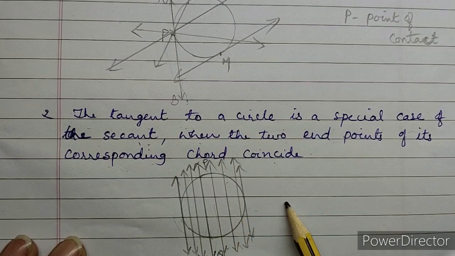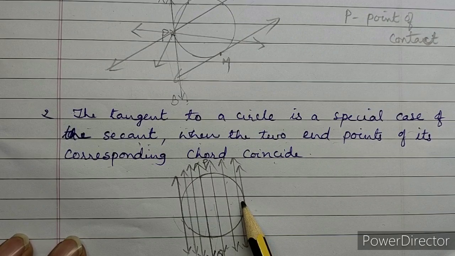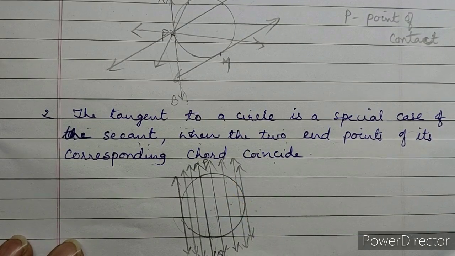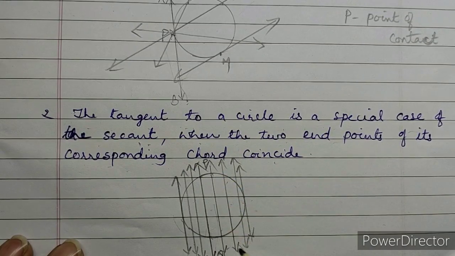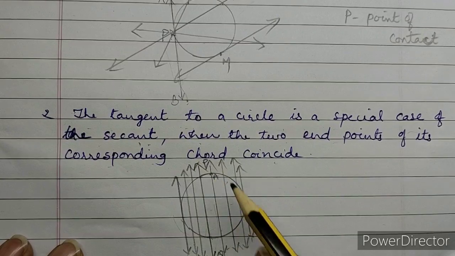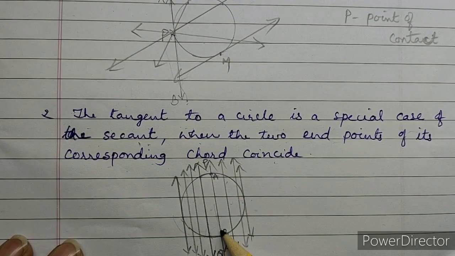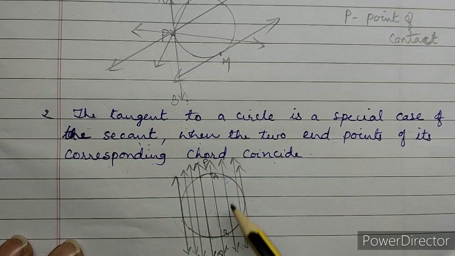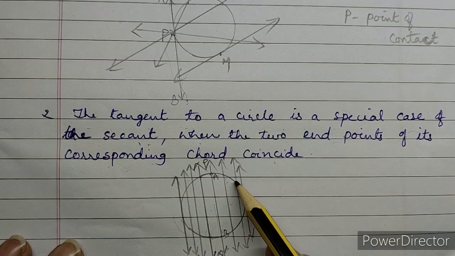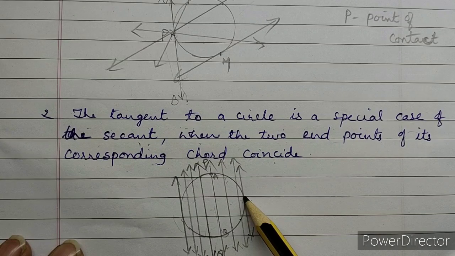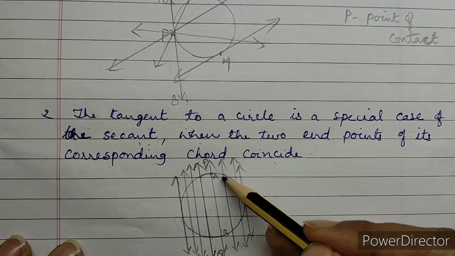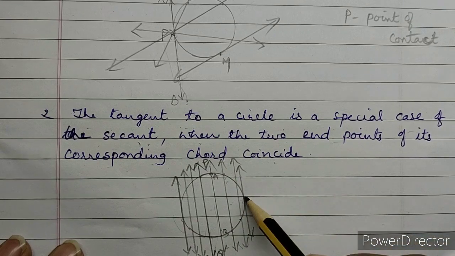Now you will find after some steps, after few lines, the length of the chord cut by the lines. See here, this is the length of the chord, PQ's length of the chord. Here A if I mark and B, AB is the chord. And after next step, here it has come. See the length difference? It's gradually decreasing. And next again it is decreasing. And finally it has come to 1 point. So these 2 points coincide and came to one single point.